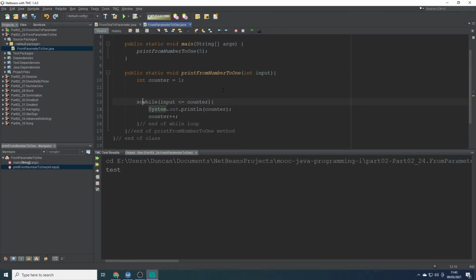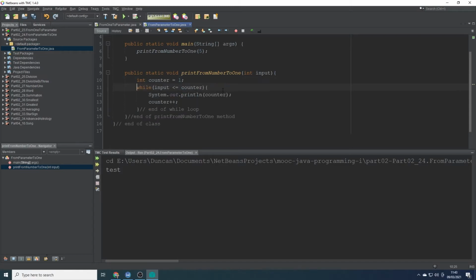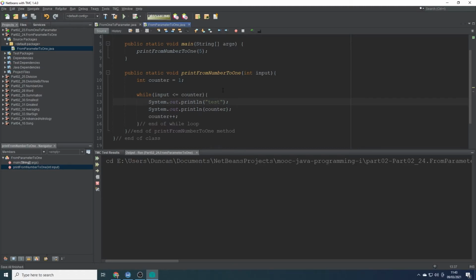Let's put another, whoops. Another system out here, just as a test. So it's not getting inside the while loop. So while input is less than or equal to counter,